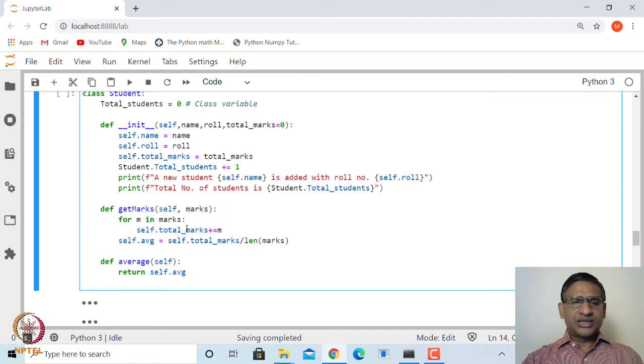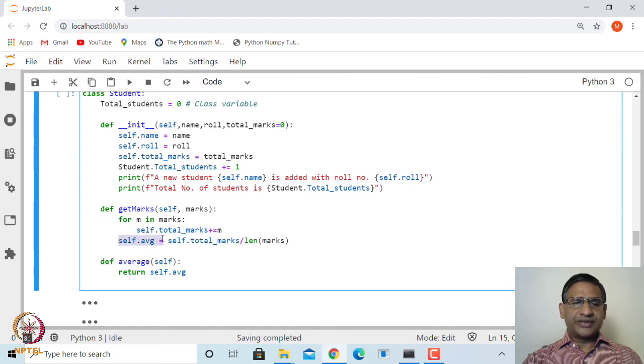How do we create that? Already we have created one variable in initialization called total marks, which we initialized as 0. So initially it has 0 marks, and then for m in marks, that is the list, you simply say self dot total underscore marks plus equal to m. That means every m inside this marks will get added to total marks.